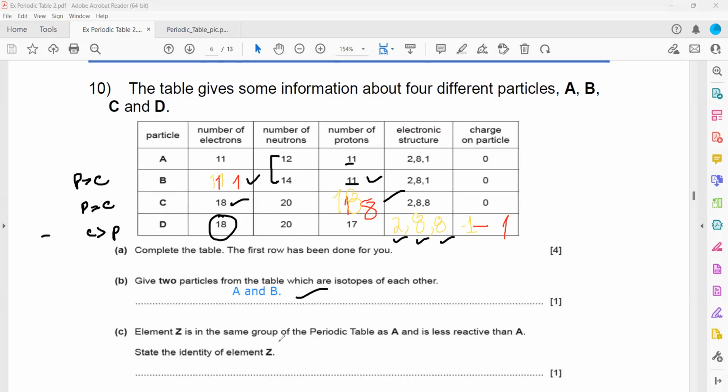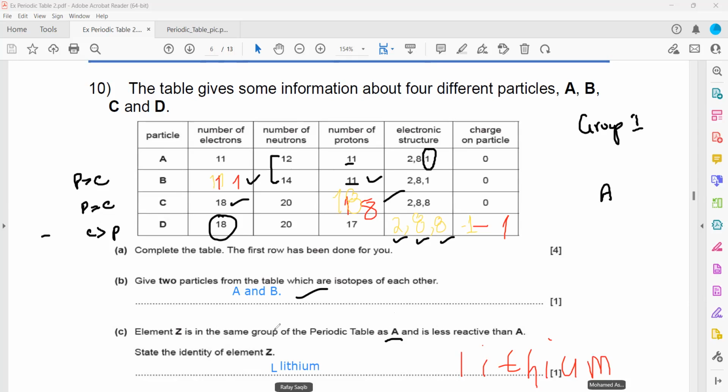Element Z is in the same group of a periodic table as A. Like there's another element which is Z, and it is in the same group as A. Which group A belongs to? How we identify A belongs to? As there is 1 electron in the last shell, so it means A belongs to group 1. So A belongs to group 1, and they say that